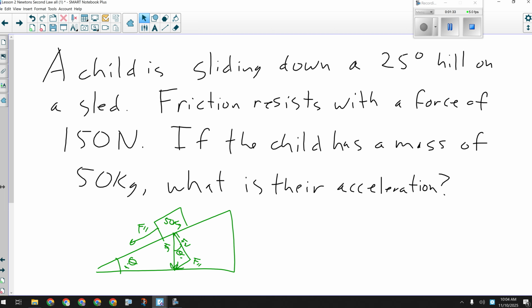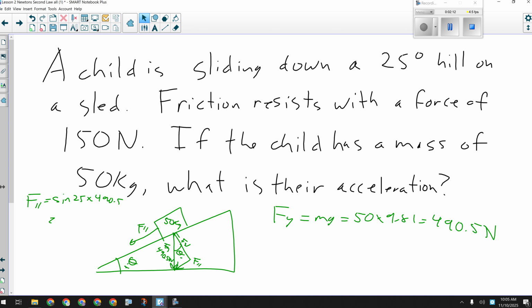Now, because I know the mass of the child, can I calculate their weight? Fg will very simply be m times g, so 50 times 9.81 is going to be 490.5 newtons. So I know that this side here is 490.5 newtons. Now that I know the hypotenuse of this triangle, I can calculate the opposite side, which we said was F parallel. So that's simply going to be trig. In this case, it's a 25-degree incline, so the sine of 25 times